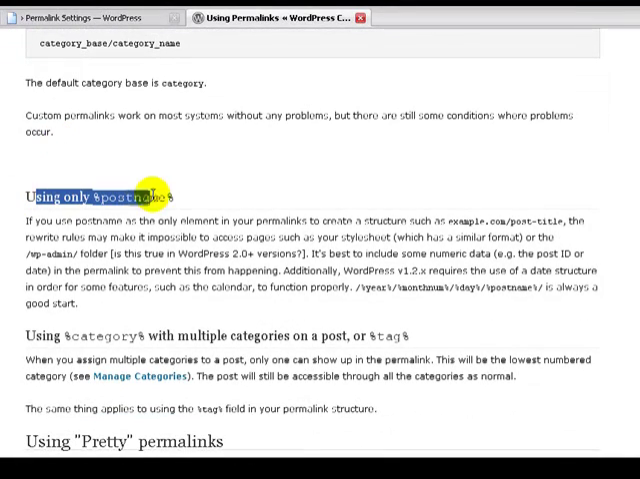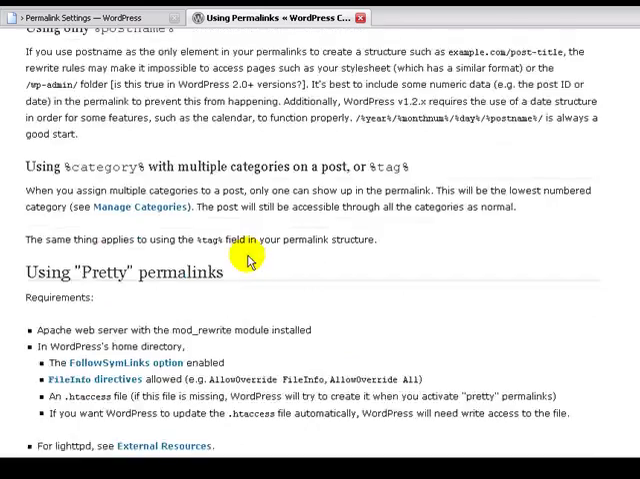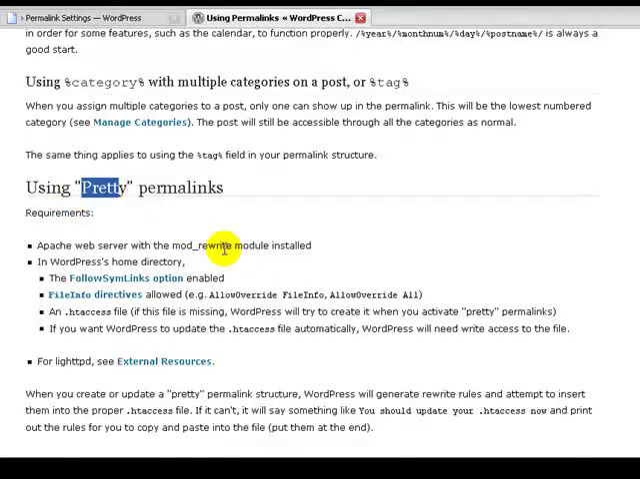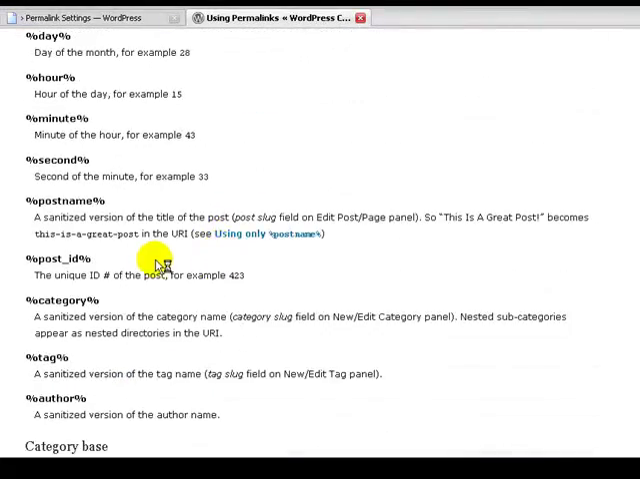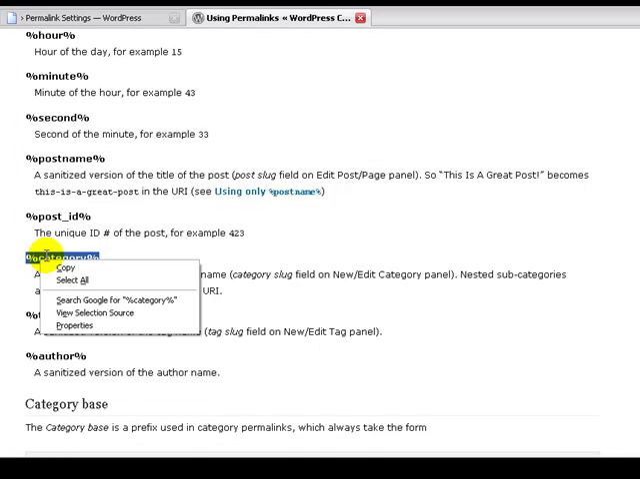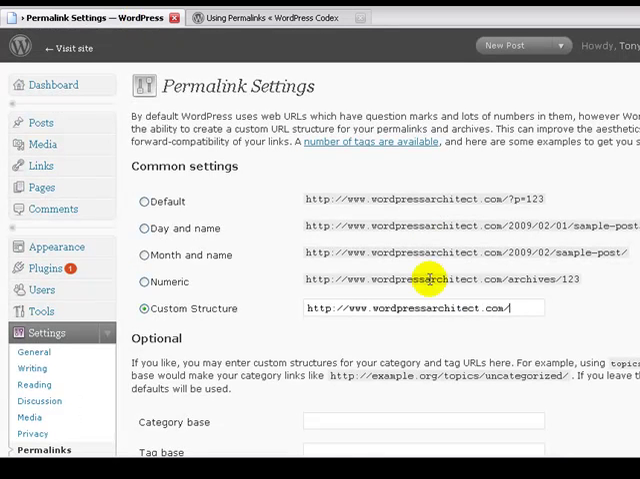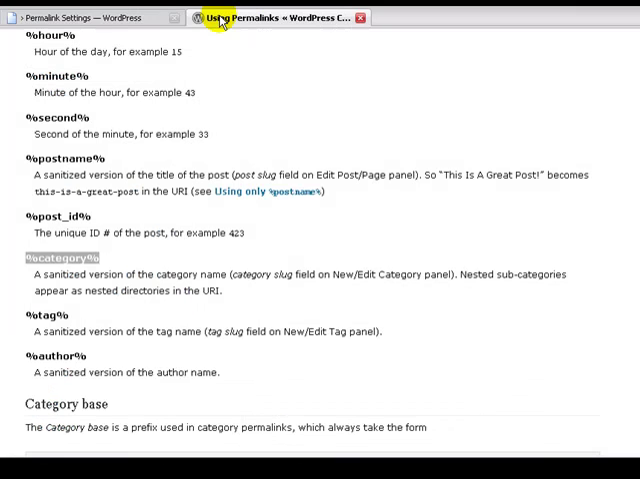Here you'll see it says using only post names, the rewrite rules make it impossible to access pages. It's best to include some numeric data. So, you kind of want to separate it. And here's using them. So all I want to do is I'm going to take category, copy that, bring it over here, paste, slash, come back over here, and then I'm going to take the post name